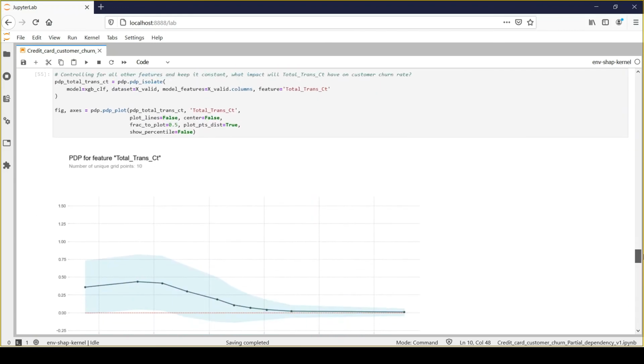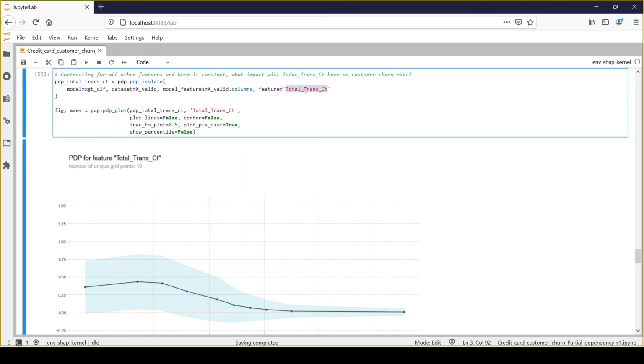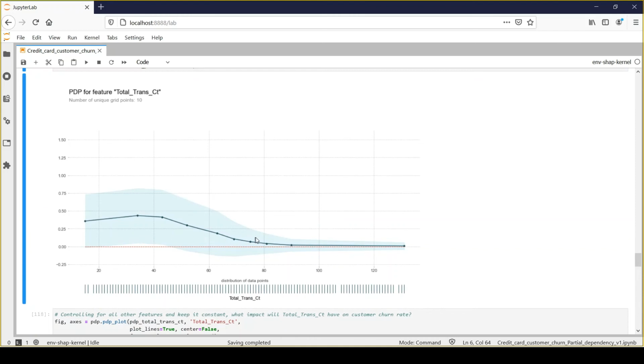Similarly, if we take another feature here, total transaction count, and see how that will affect your prediction, here you can see it provides a clear pattern. Till this point it will increase. So 20, 40, right? And here you can see the slight decline, and then it will start declining. So from this point onwards it will start declining, right? And after this point it will be constant, right? So this is a very informative field, right?